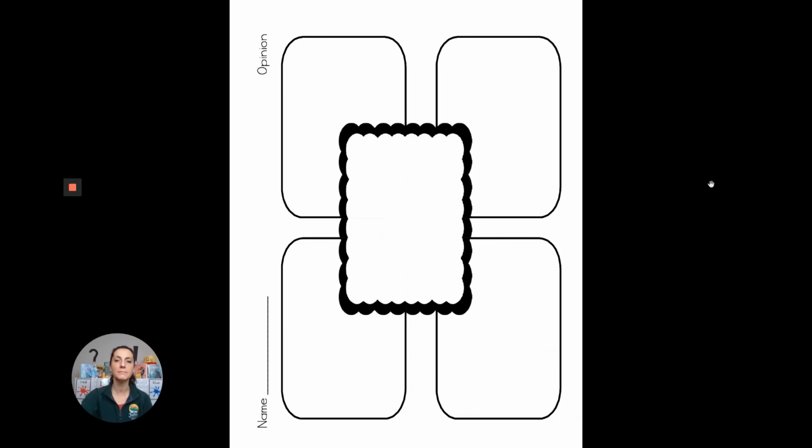So in the middle box, please write what your favorite food is. And in the other 4 boxes, you can write why it's your favorite food. And then you can describe it. What does it look like? What does it taste like? How do you make it? Whatever you want to write, it's your writing. Just make sure that it's a paragraph, right? It's 5 sentences. So I hope you enjoyed learning the vocabulary for science